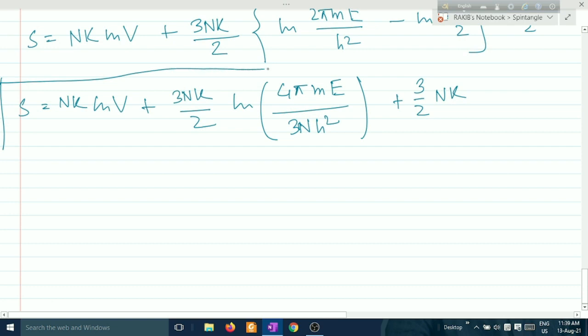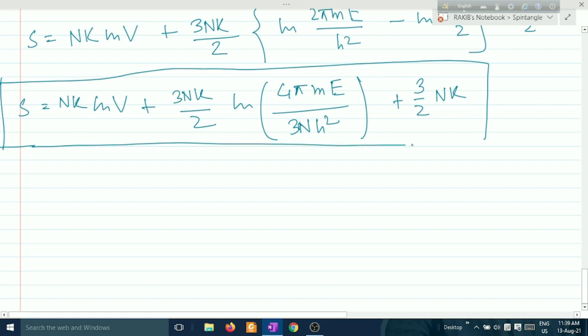If you can remember this, please remember it, but it is not necessary, because this is a very big formula. You do not have to rush to memorize it. This is the general formula of entropy. Just wait for a while. So this is the general formula of entropy, and what we can see from this formula is what the entropy depends on.